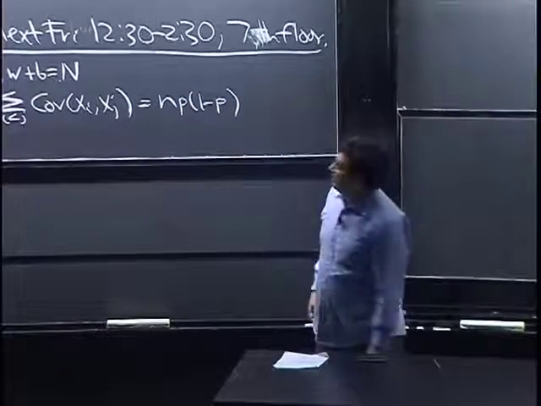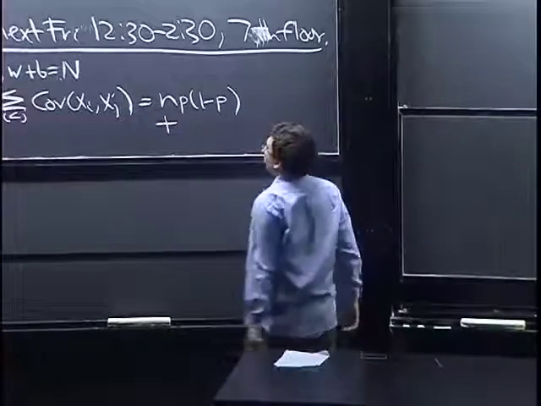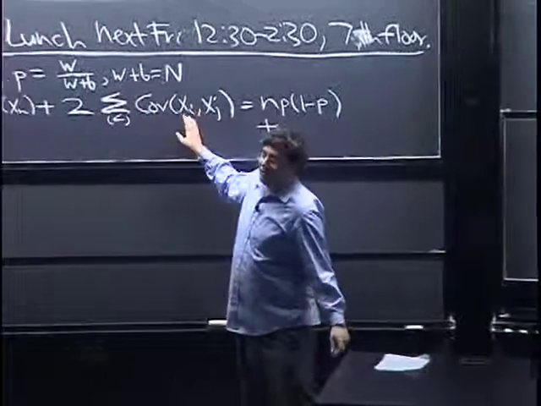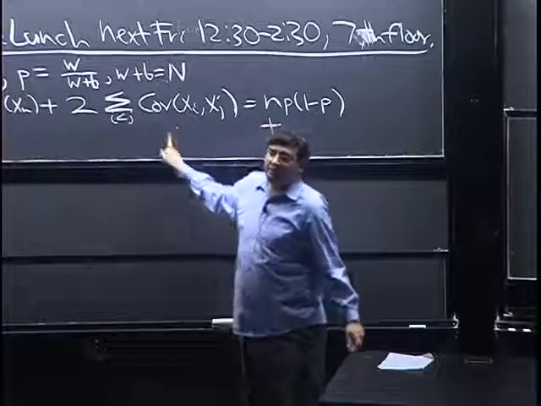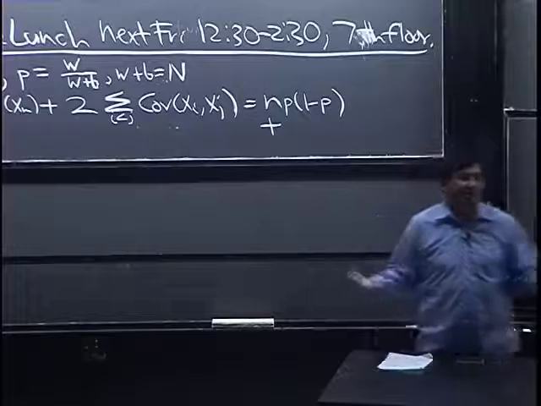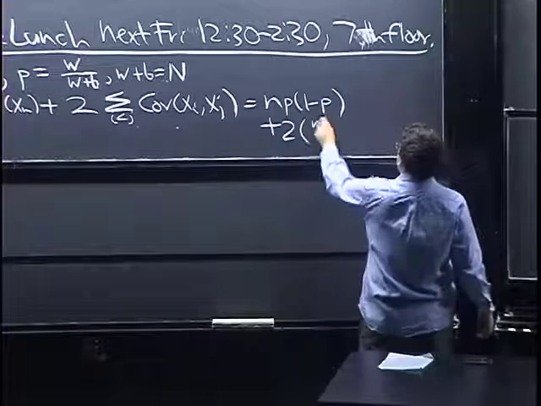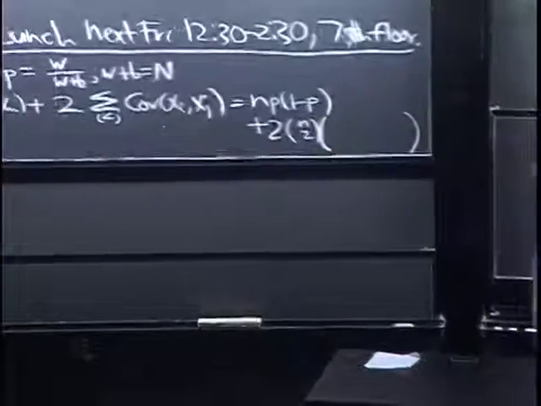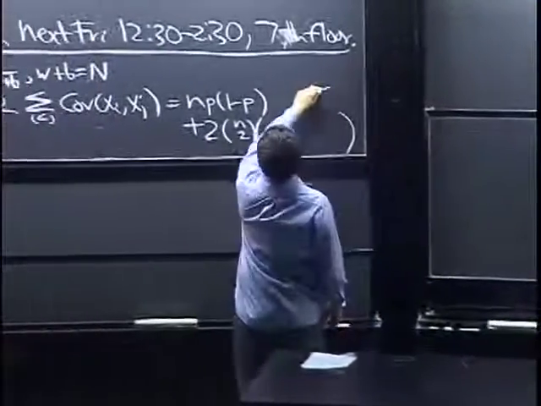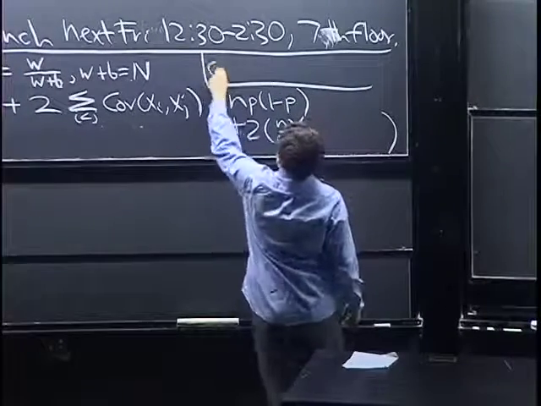And then we need all these covariance terms. There are n choose 2 terms, and by symmetry, they're all the same again. So I'm just going to write 2 times n choose 2, then we don't have to do a sum anymore. And we want the covariance between X1 and X2. And we did this quickly last time, but it's important enough to write it down again. Covariance of X1 and X2